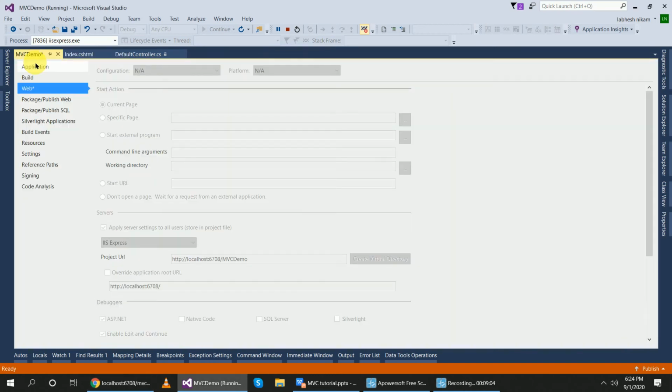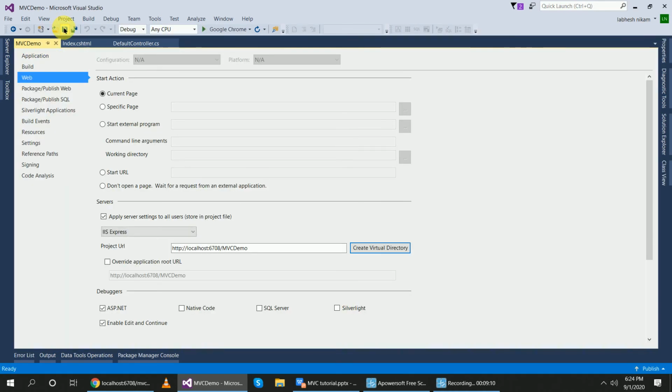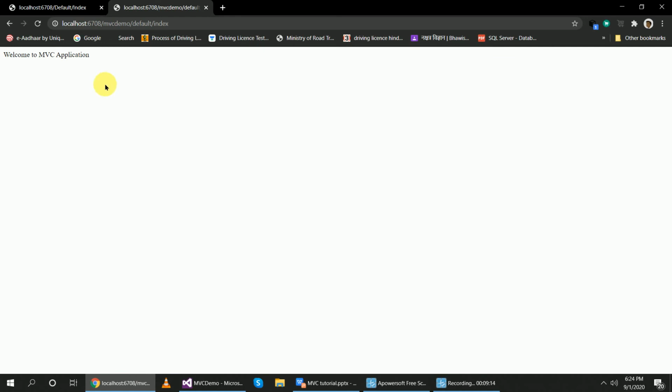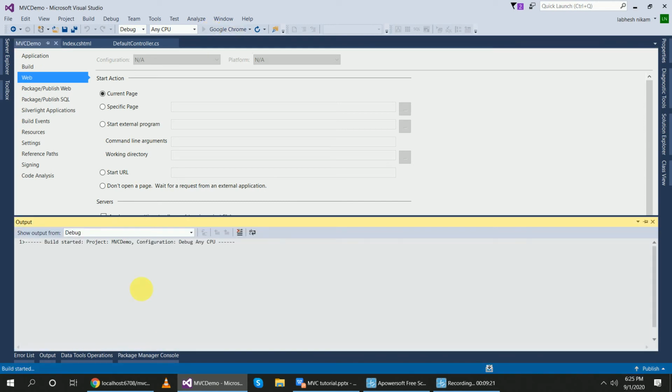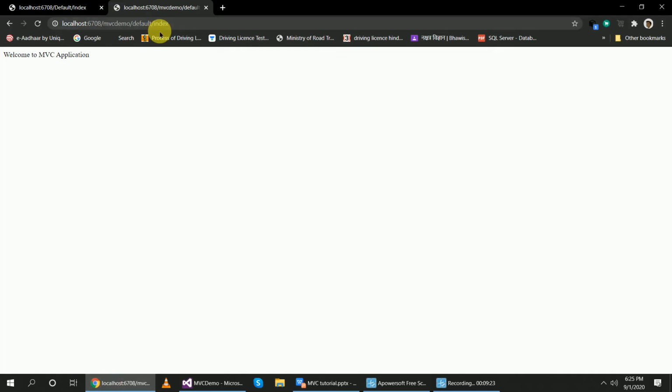I have not saved this yet, because a star is shown. When I save it and then run it, it will automatically get the project name because I have set it in the property. Whenever the project is run, it will display the project name in the link, right?